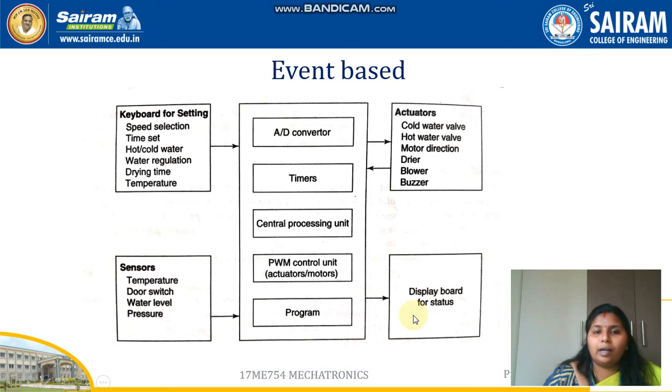So whether there is no water, it shows some error signal, and if there is water, it will keep on showing the time. So nowadays we don't want to predefine things. If we select a type of wash, for example a daily wash, it has some predefined temperature, rinse and spin cycle. So nowadays everything is very developed. So this event based controller is very much more useful than a time based controller.